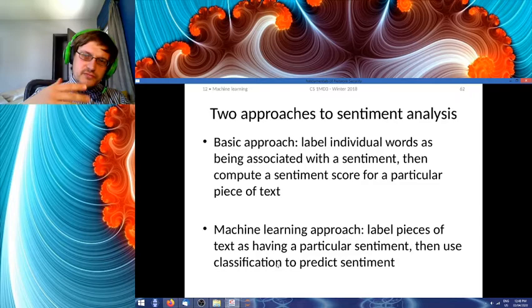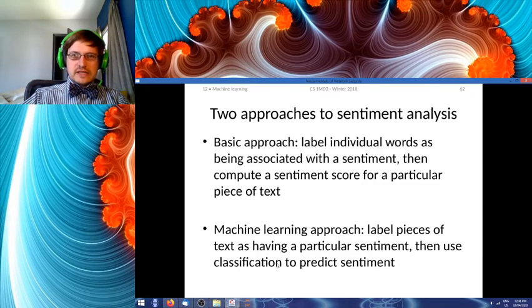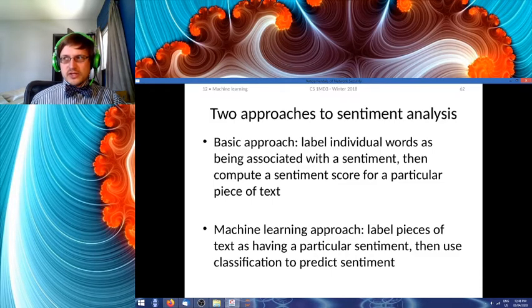So there are two fundamental approaches to sentiment analysis. The basic approach is where you basically generate a dictionary, not necessarily in the Python sense, but you label all of the words, or a large number of the words in English, as being associated with a particular sentiment, and then you compute a score on that text based on the word usage in that text.